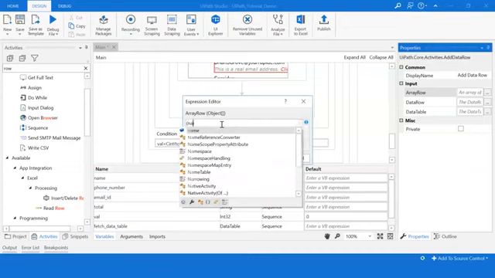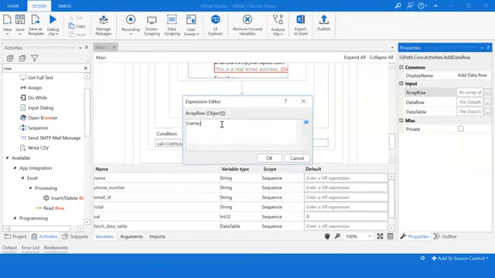So those would be name, comma, phone underscore number, comma, email underscore ID. Click OK.